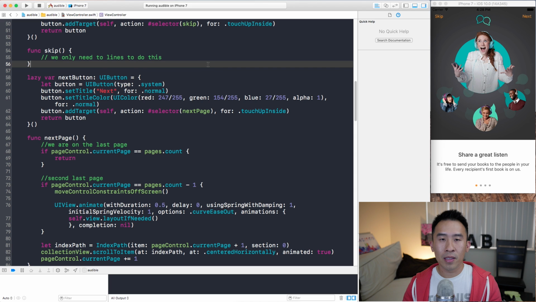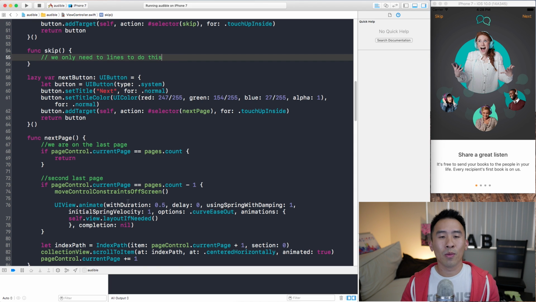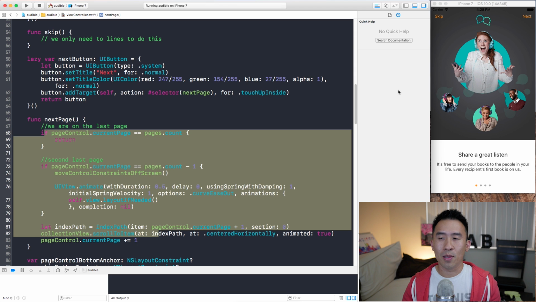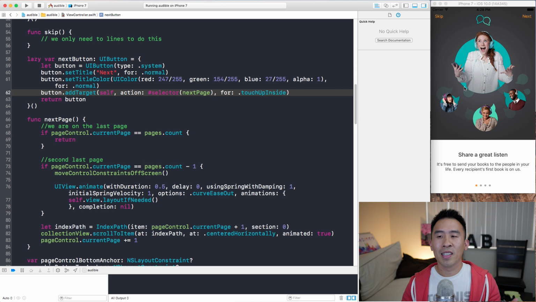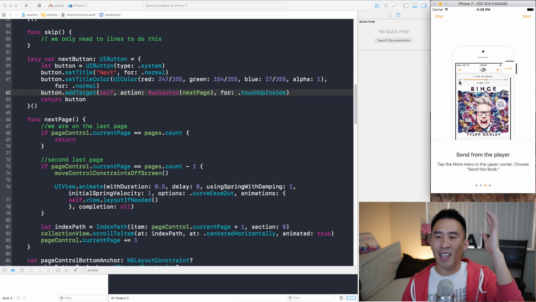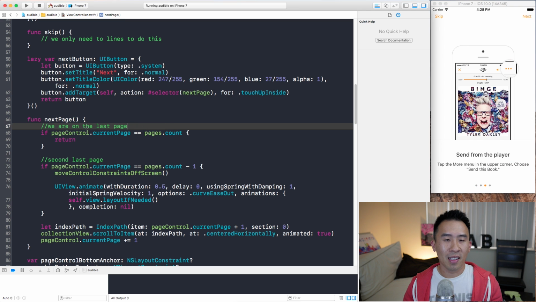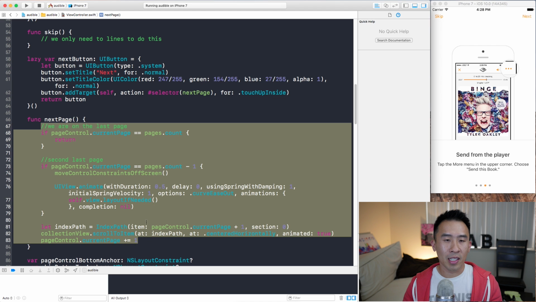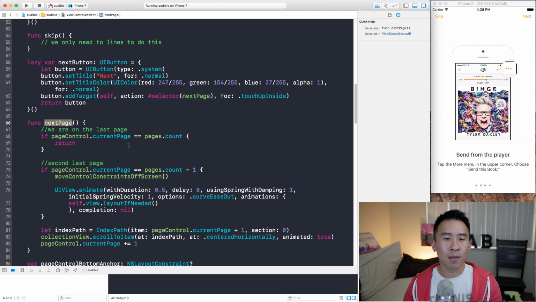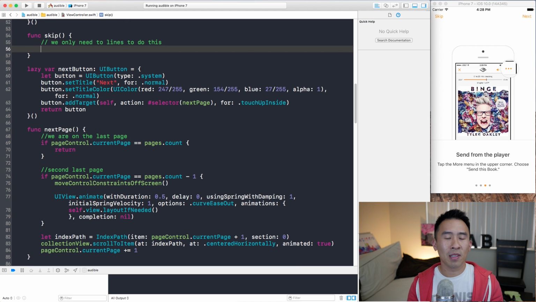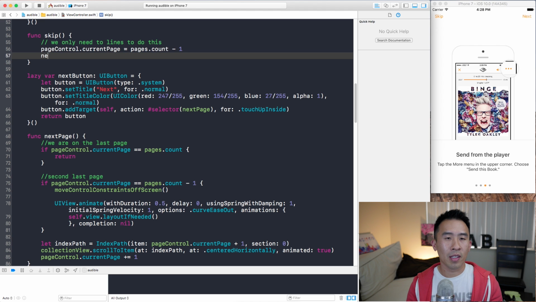And the trick here is to utilize this next page. And the idea is you don't want to do all this calculation to figure out, okay, I'm on the first page, then I move to the last page, or if I move from this page and then I do some other math. So that's a lot of work, and a lot of that is already inside of this next page method. And the idea is if I simply say page control dot current page is equal to pages dot count minus 1, and I call next page,